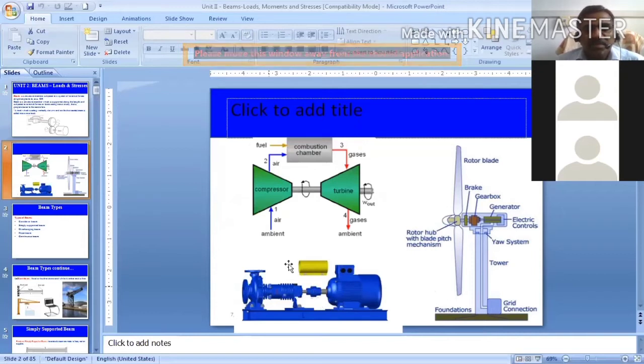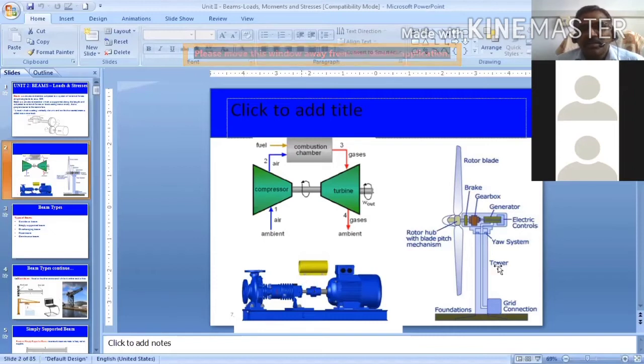Here this is a motor. This is a pump. This mechanism is used to pump water from the well to the overhead tank. When the motor is rotating, the pump rotates. Inside the pump, the impeller rotates. It creates vacuum, so the water from the well is sucked in and pushed to the overhead tank. In this mechanism, the shaft is rotating, and at the same time the vertical force is acting. So it is a beam.